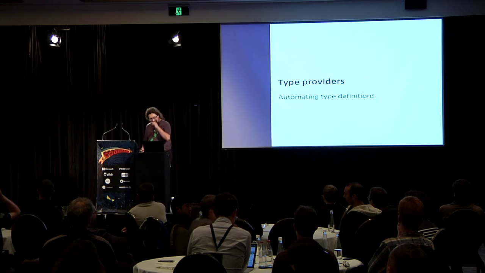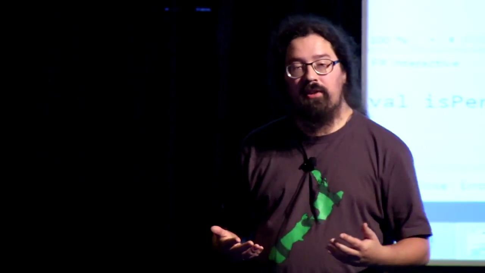OK. But there are other examples where type providers give you a lot more than those traditional GUI code generator things. An example might be if you're working with vectors. If you've got something like a game engine, you've got some 2D vectors, some 3D vectors, even some 4D vectors because you're a time travel game or something. There's a lot of boilerplate code in there. They're going to have addition, subtraction, dot products, that kind of stuff. And they're all basically the same implementation, just a different number of fields.